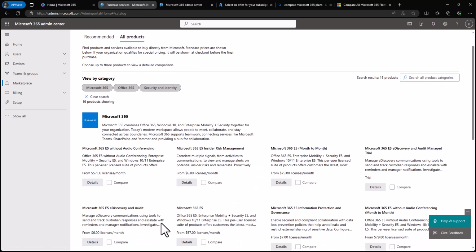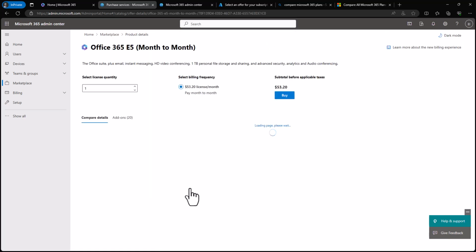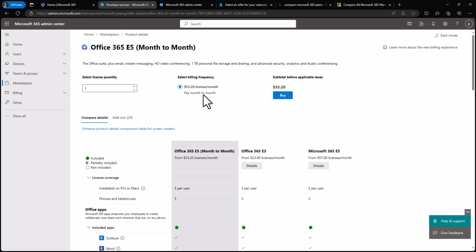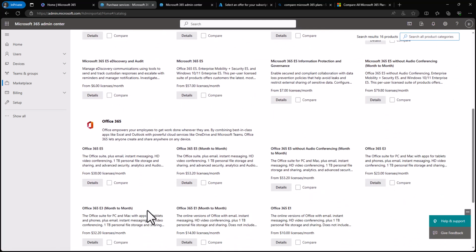But the other one that I'm having month to month here, if I click on the details here, the only option that is available for me is to pay per month, because what I'm telling Microsoft is that I'm only committed to you guys monthly. Because I'm committed to monthly, that's actually why the price is higher compared to the one that I'm committed to Microsoft yearly. So the yearly doesn't necessarily mean that I must pay for the whole year. It means that I can either choose to pay monthly or choose to pay yearly,